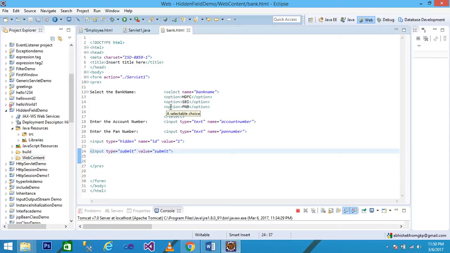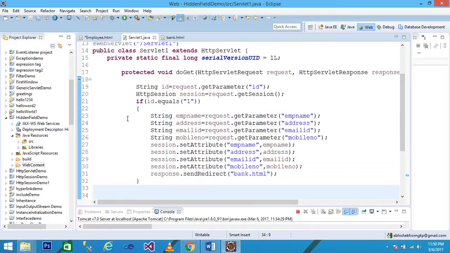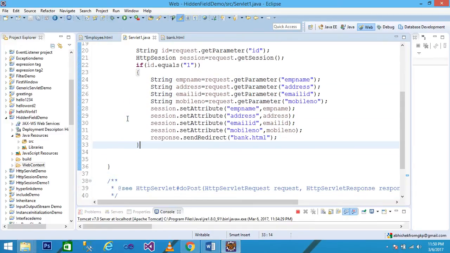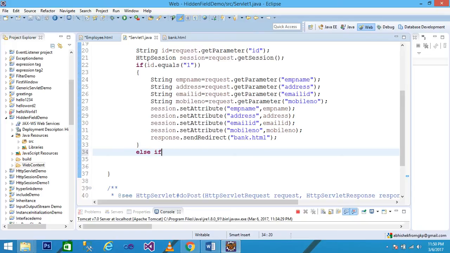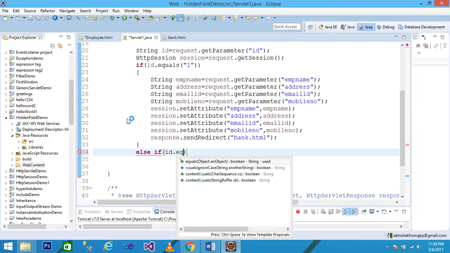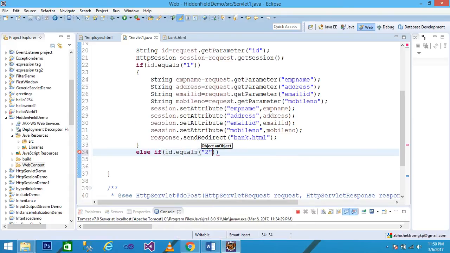Okay, we simply select here the bank name, account number, and enter the PAN number, and I am using here the hidden field, and hidden field name as ID, and value is simply passing the 2, and a submit button. When we click on the submit button, it redirects to the Servlet 1, and we come to the Servlet 1, and I am creating here another condition, else if id dot equals 2, then